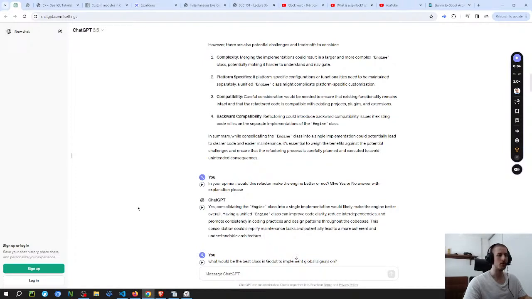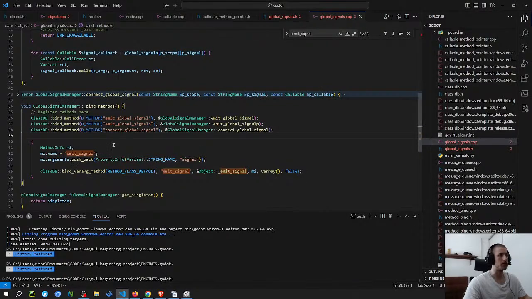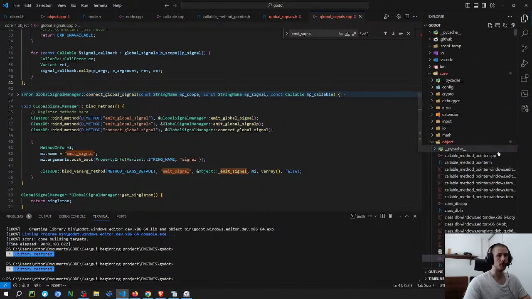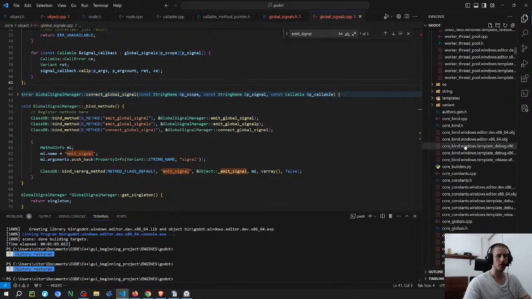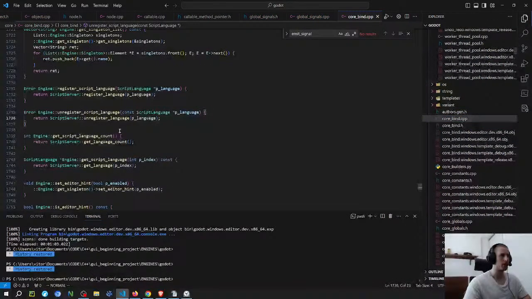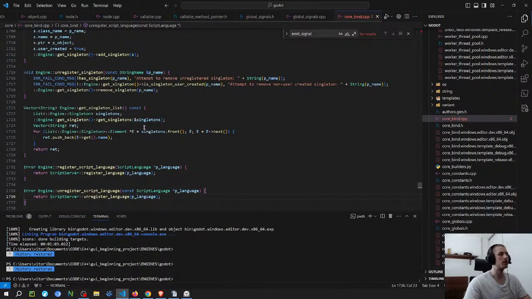Yeah, this was the thing that was annoying me, because I would have to implement on both of the configurations, and I wasn't sure which one is which. Like, if I could implement on only one of the engine classes, the main one is the one on the core bind, and the other one seems to be the one that they created later. I still don't understand why they did it like this, but I definitely think that this can be simplified to just put everything on the same class. I think it makes a lot more sense.